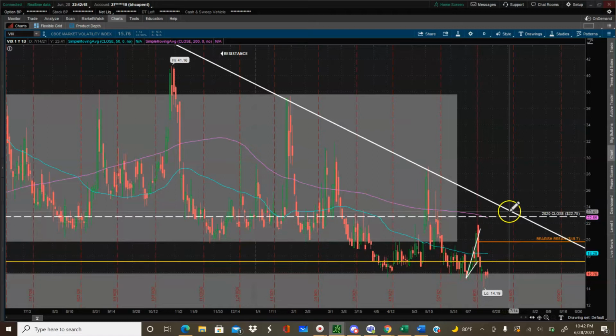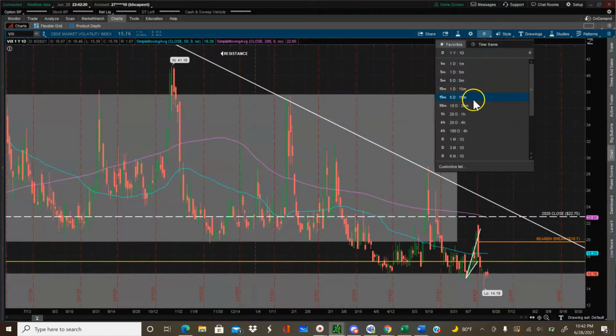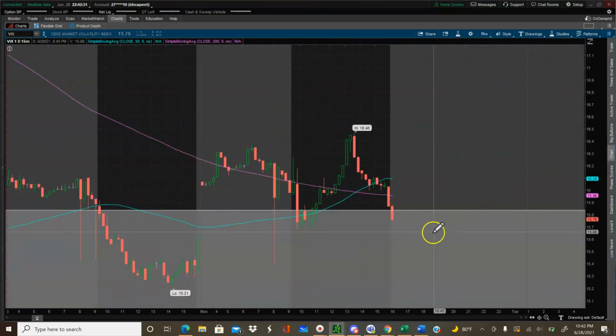VIX is one that I like to look at historically, but I also place emphasis on it on a day-to-day basis, especially when I'm looking at short-term swings. So if I see something where VIX looks like it's about to pop, then I have to factor that into my decision as far as entries, exits, and what have you. But no real hypothesis on VIX besides just some levels to watch out for.